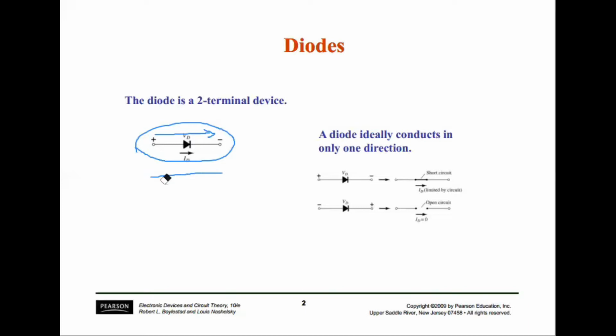Let me draw it again. While the red direction is not acceptable. Okay, so it will allow current in this direction, and this is basically a non-linear device. Why is it called a non-linear device? We will be seeing in the next